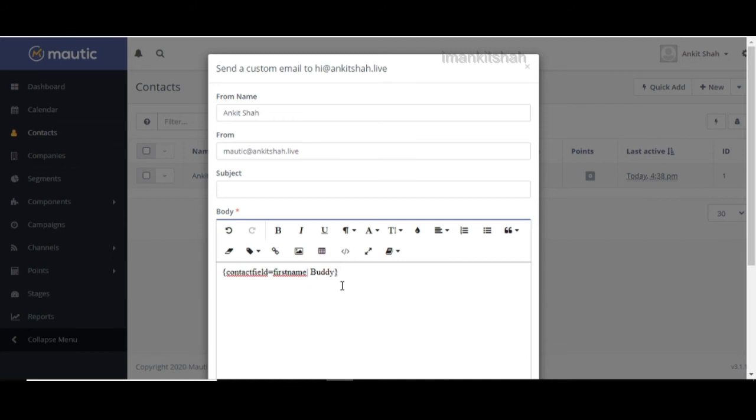If any field is empty, then this tag will automatically add default text instead of their field text.